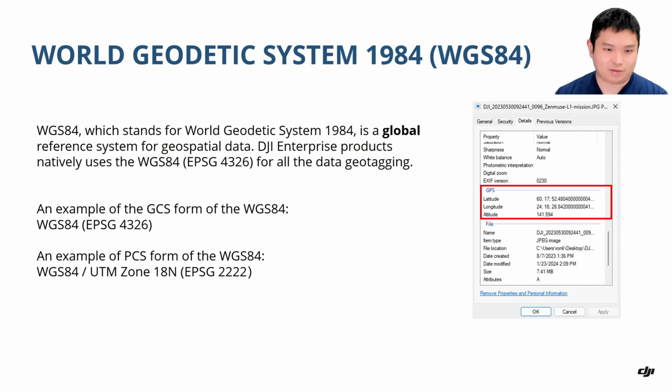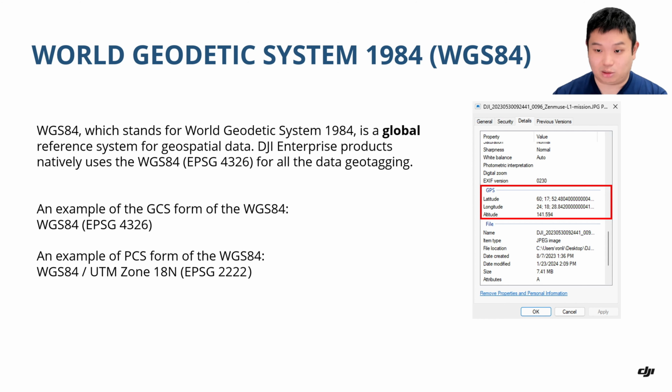WGS 84, which stands for World Geodetic System 1984, is a global horizontal reference frame commonly used in the world. DJI Enterprise products, including drones, cameras, and lidars, all natively use this WGS 84 geodetic coordinate system for all the data geotagging. So let's say you take a photo from a DJI Enterprise drone, when you have a look at the image property,